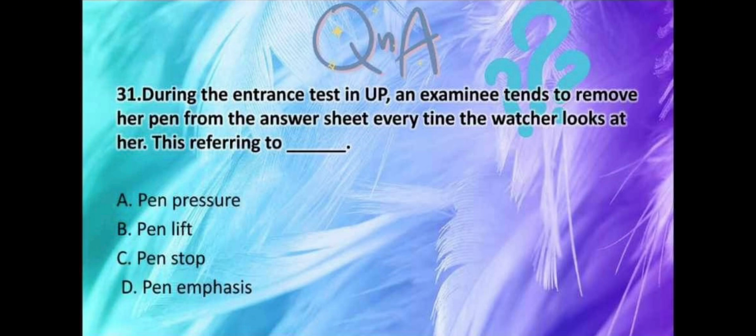So ang answer dito ay letter B, Bravo, pen lift, because pen lift describes the action of lifting the pen from the paper while writing. So kung ginalaw mo daw yung pencil mo,